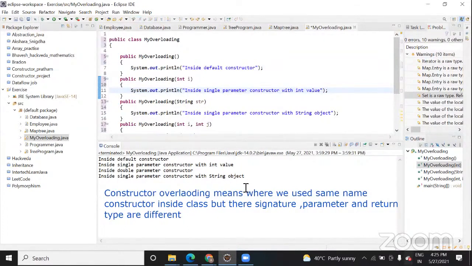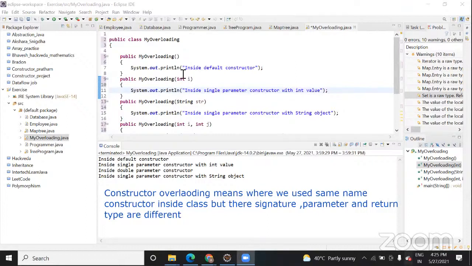I have written constructor overloading just to make you understand what different kinds of signatures are possible.